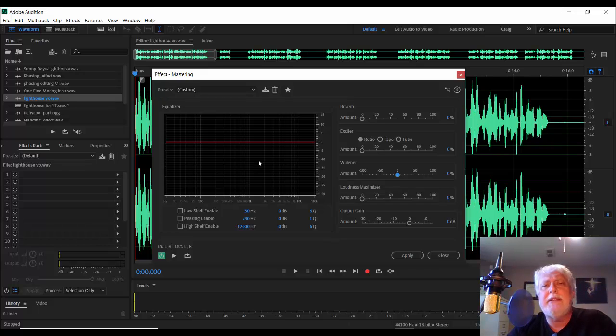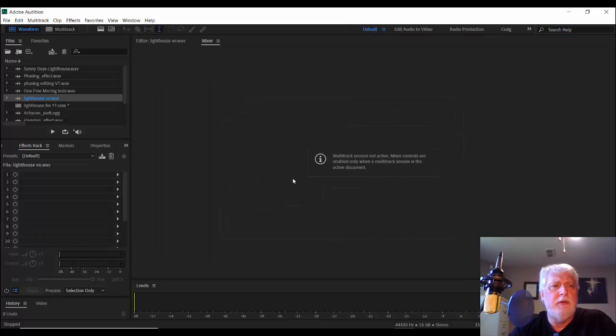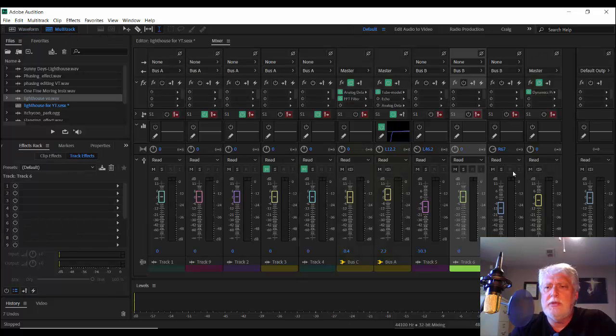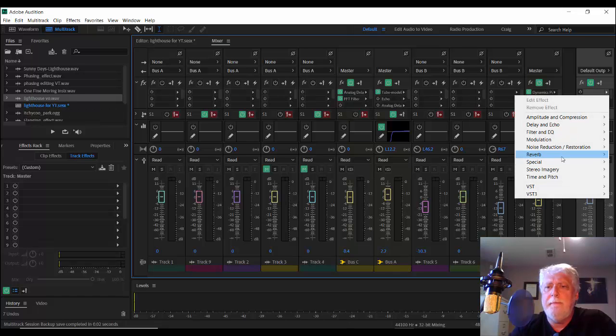It's called a mastering effect because you would want to do this once the mix is finished, once you've put everything together. So at the end, you would maybe excite it a little bit, you would widen it up a little bit, maybe hit it with a little bit of loudness maximizer. So you would put this in the mixer on the master output fader. So if I go back to my multi-track session, the mixer window will show up. So I might put the mastering effect over here,